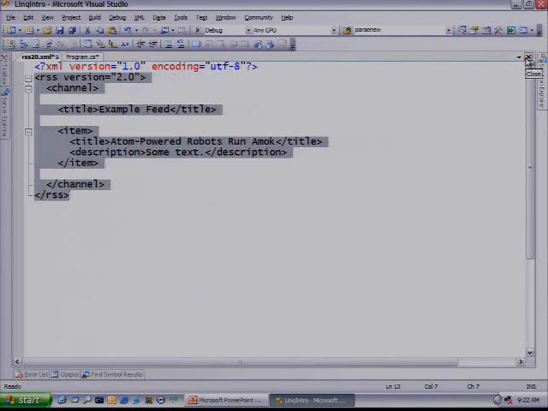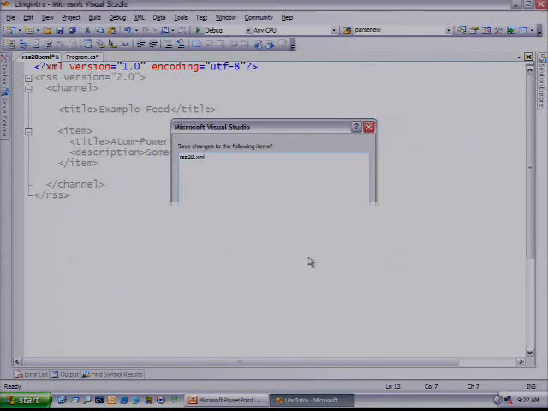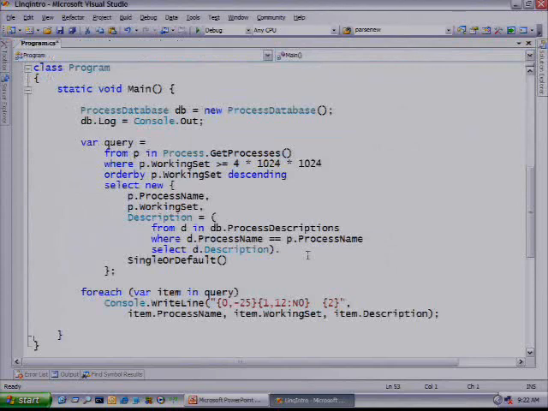Now, one of the features we support is functional construction of XML. And effectively, functional construction allows you to construct XML in a single expression, if you will. You can construct an entire XML document. And the best way really to show it is to take this code that I just copied to the clipboard